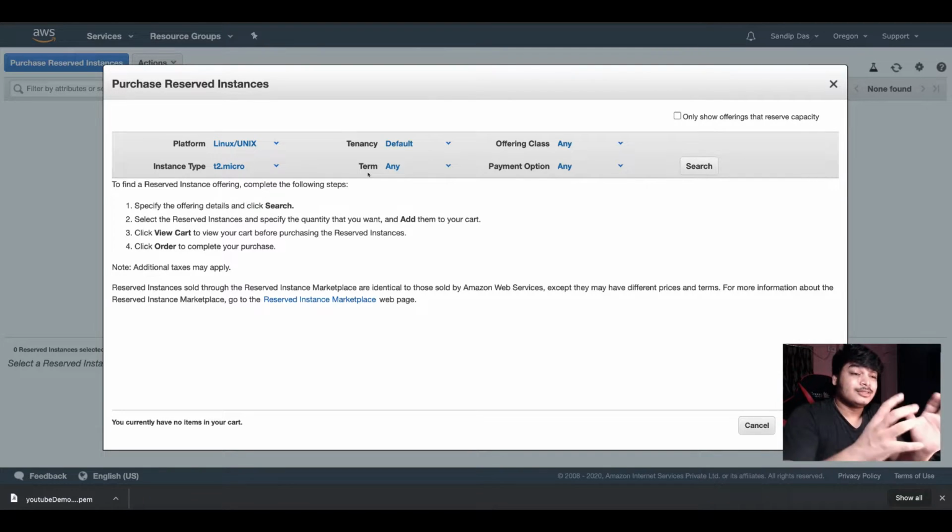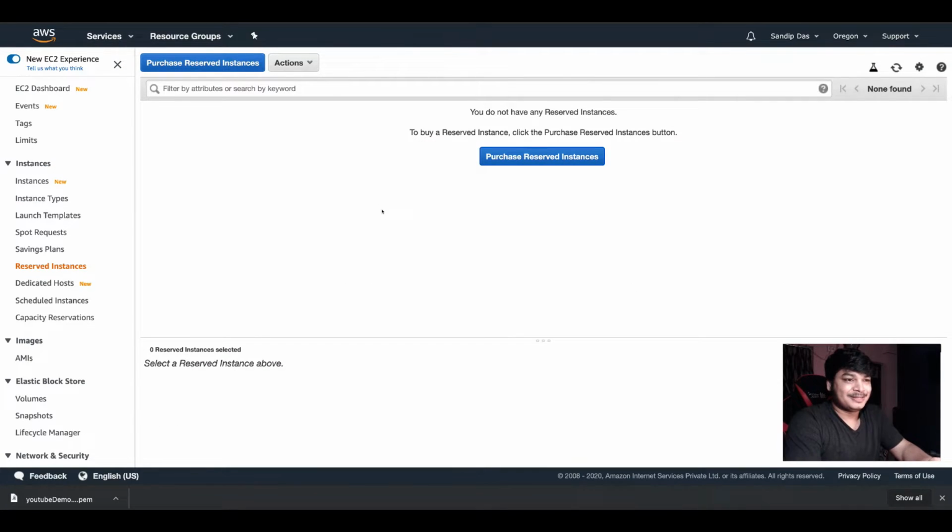But you can reserve the capacity. Since you're reserving for years, AWS will offer you discounts, and based on that you can purchase it. Again, I'm not going to purchase, because once you purchase you cannot cancel it unless it's a convertible reserved instance. For now we're not going to go that deep, but know that it's available. Actually, for savings plans and Spot instances, I'm planning a separate session, maybe a few months later, but we'll do it.